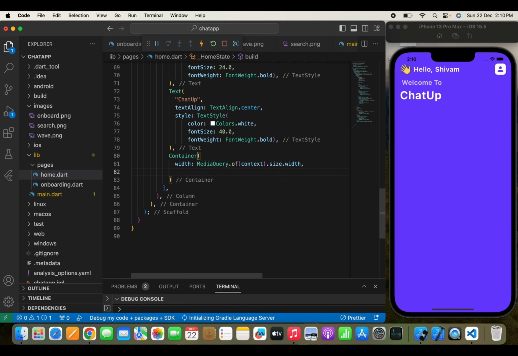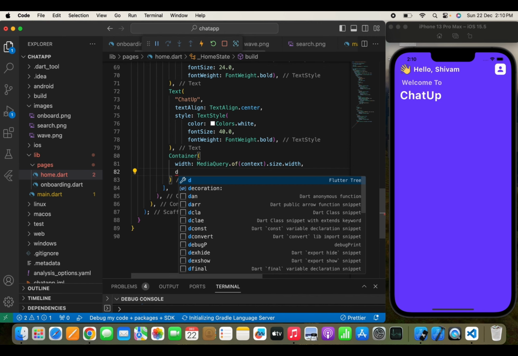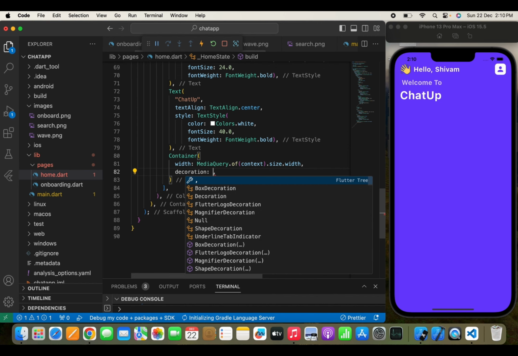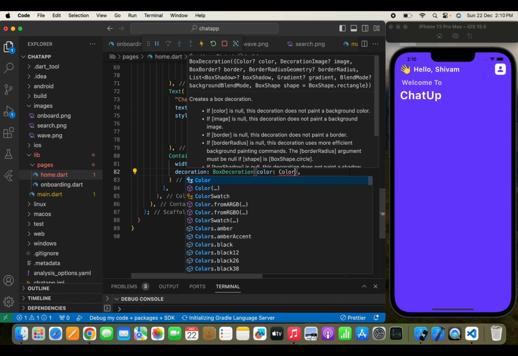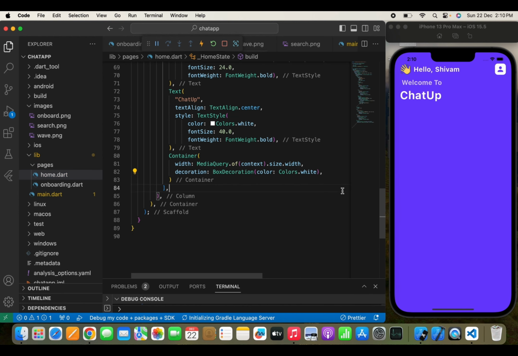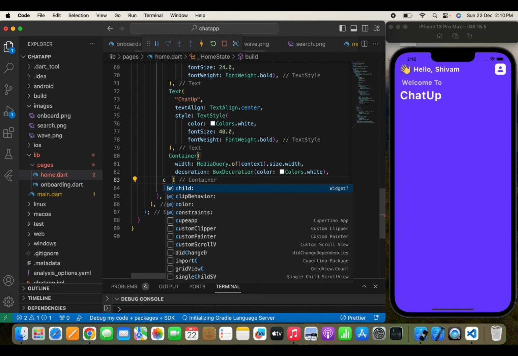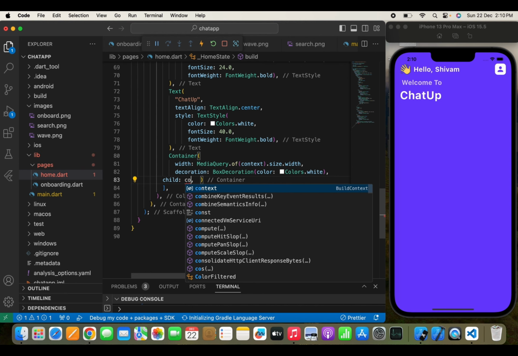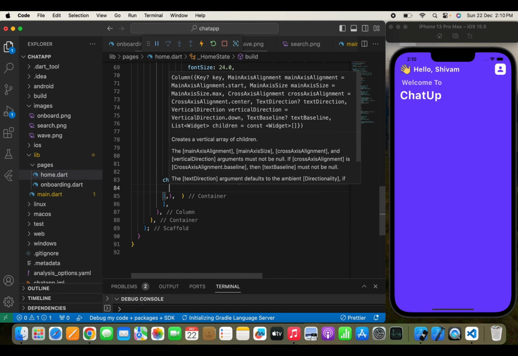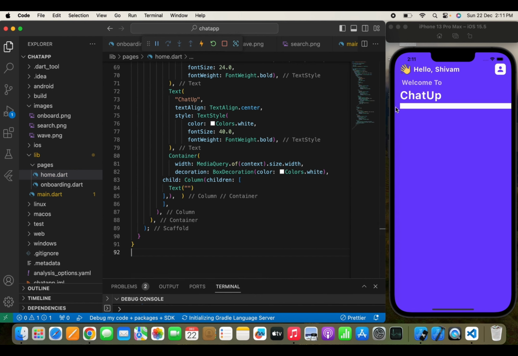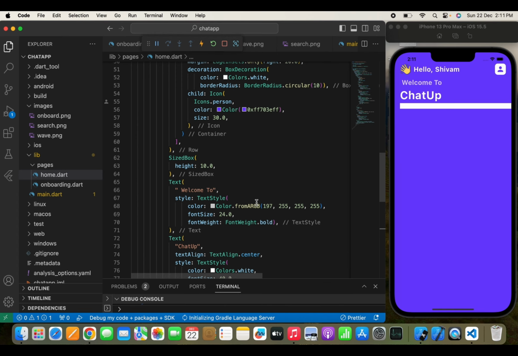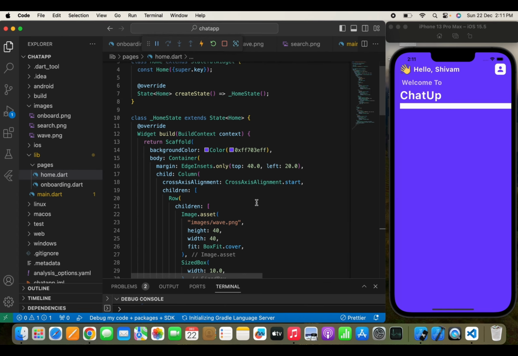And here I will simply pass the height. Let's not pass the height, let's write a decoration, a box decoration, and we'll pass the color and we'll pass colors dot white. Now here I can use a child and will simply write a column and a children and a text widget, so that I can simply show you the container first. Now here you can see that there is a space,